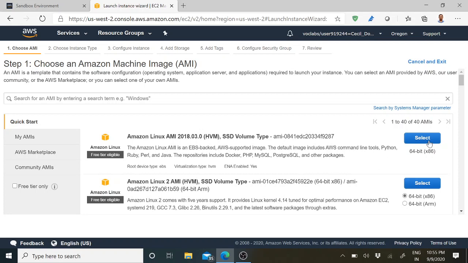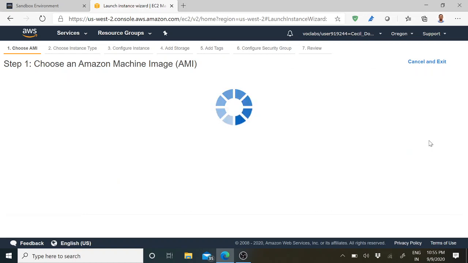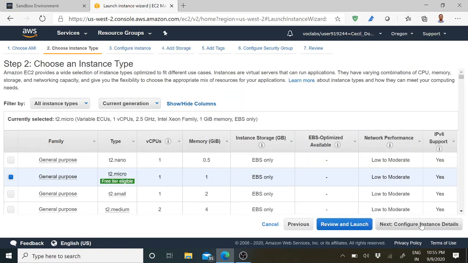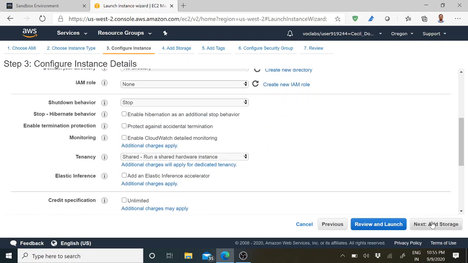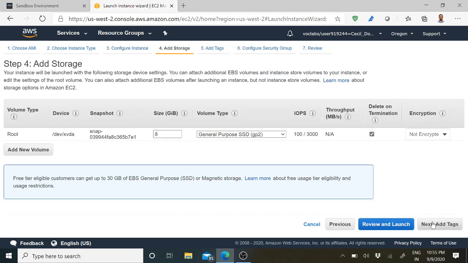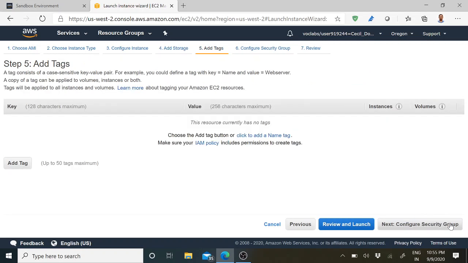The first thing you can select the Amazon Linux AMI 2018. So I'm selecting this particular server and I'm selecting t2.micro instance. Click next to configure and we are not going to change any default settings. So let it be and I'm moving to the next step, add storage, and this is the default one for the free tier instance. Add tags. So if you want to add any name, tag name, then that can be done here.